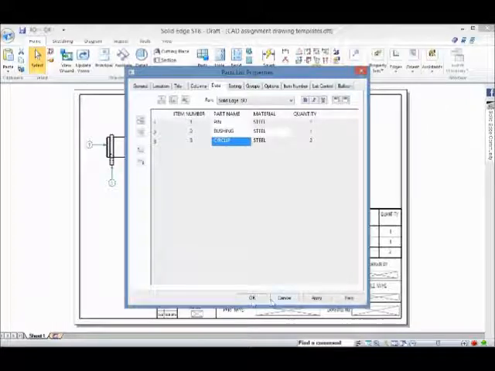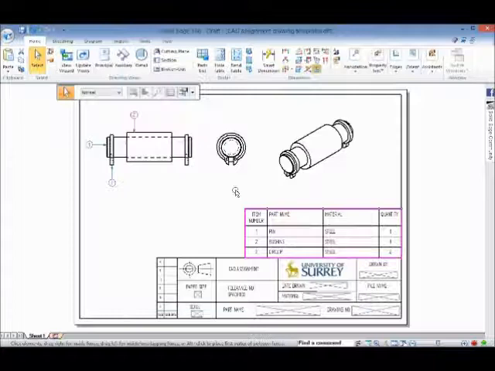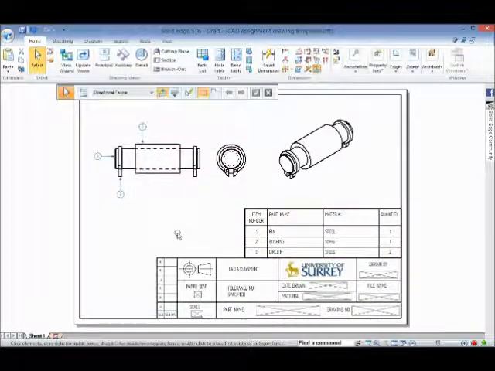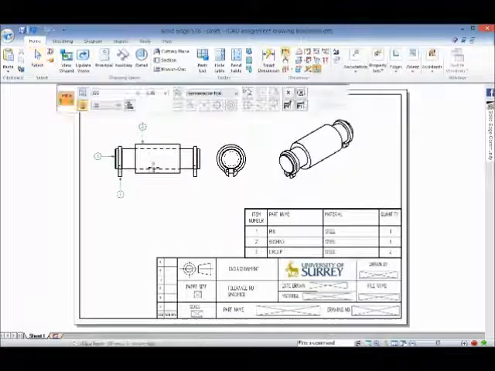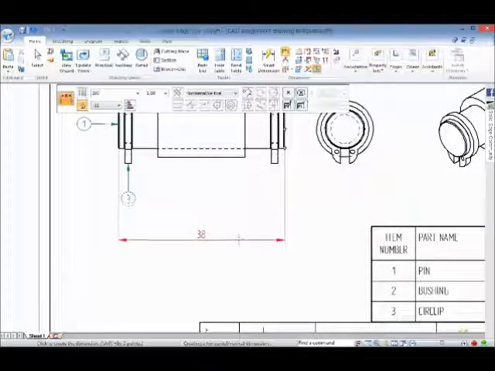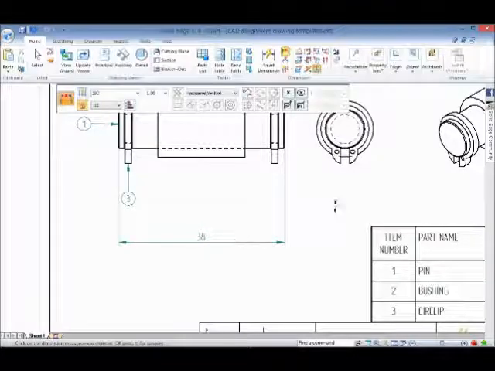So then you have this part list filled. Then you can move it a bit around. And next is to place the dimensions. You can place dimensions that way. And also, in addition to dimensions, you also need to put the center lines on the model. We mentioned this